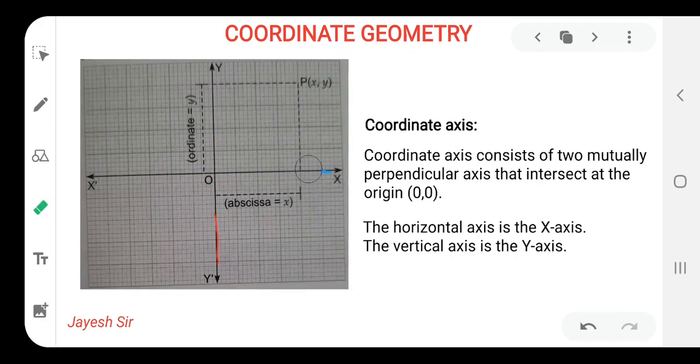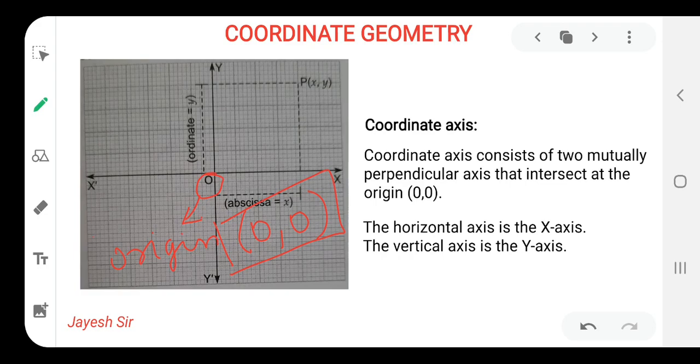And the point of origin, what does the word origin mean? Origin means the point where these two axes meet. This point is named the origin, and the coordinates of the origin are 0, 0. How they are 0 and 0, and how coordinates like this can be written, we are going to learn afterwards in this video, so no need to worry. The thing you have to remember is that the origin has coordinates 0, 0.